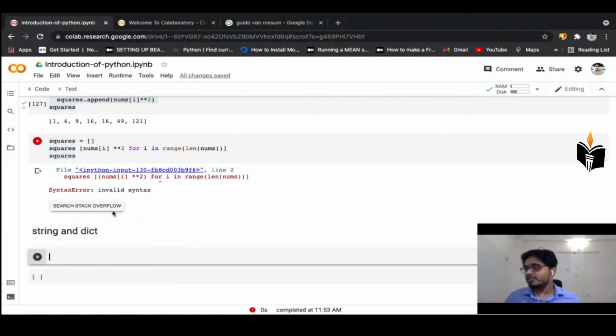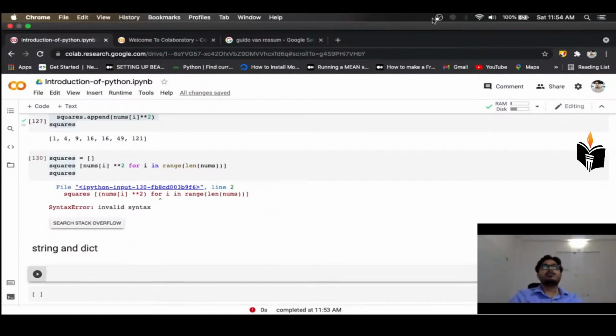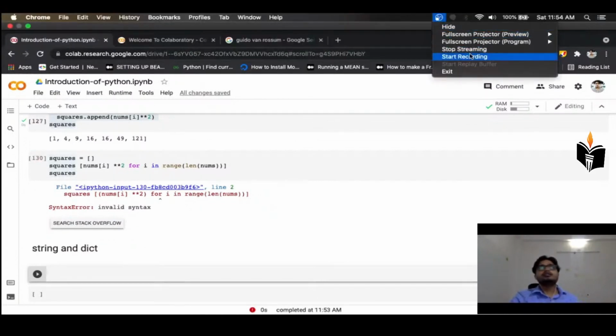So in the introduction of Python, only this last topic is left, and we will complete this topic in the next class at the starting period. After that our data science course and the data science things will start, and we will continue this course in the next class. So if you have any query, then you have to